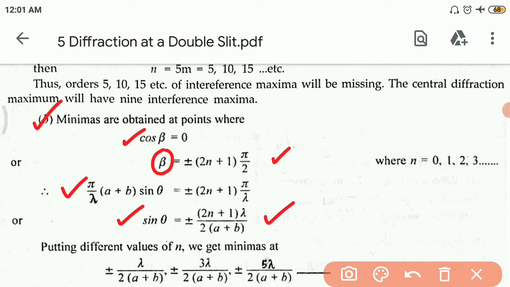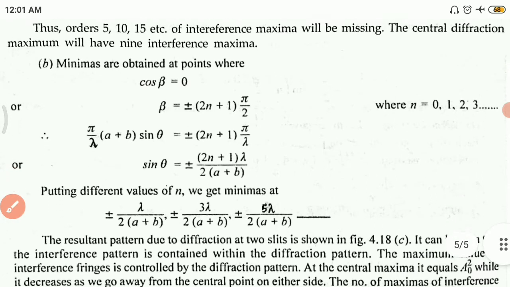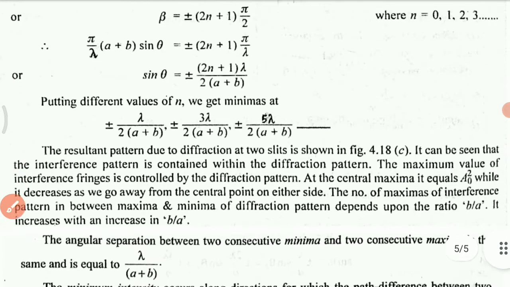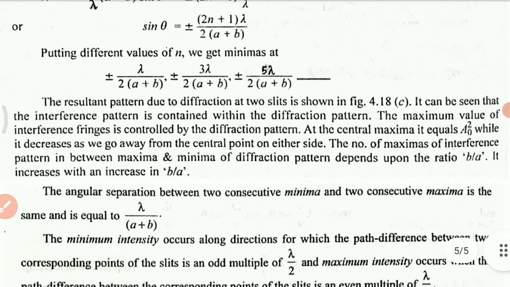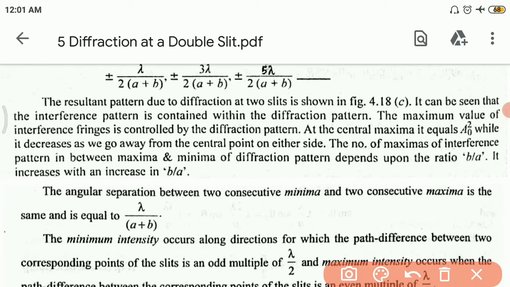then finally we are getting sin theta equal to this much. Okay, so the value of n, if we again put it, then we get minima at plus or minus lambda by 2 into (a plus b), then plus or minus 3 lambda by 2 into (a plus b), okay, and so on, right, n equal to 0, 1, 2, 3 and so on. The resultant pattern that we saw, again I am writing, due to the diffraction at two slits